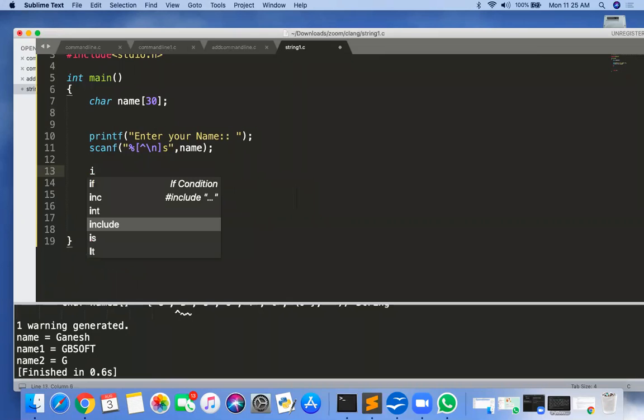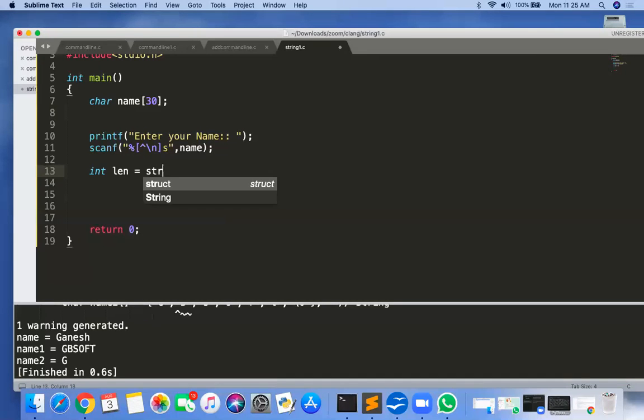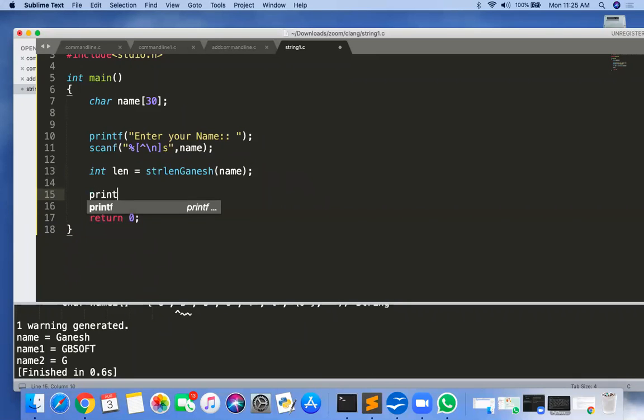So my function, len is equal to strlenGanesh, this is my function, which will take the user input as a name and give the result as the length of this string. So instead of using strlen, I'm using strlenGanesh. So the same working should be there.